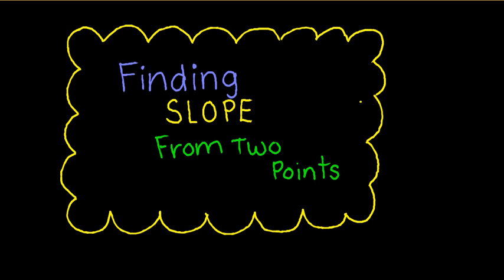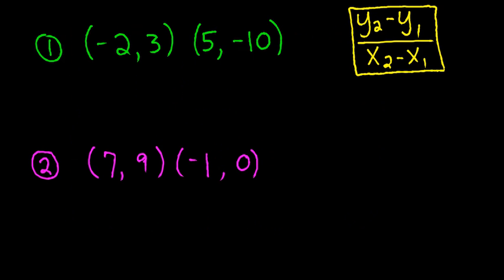This video will be a quick review of finding slope from 2 points. Okay, for just a quick review, this should look familiar to you. This is the slope formula over here in yellow in the box, and it's used to find slope from 2